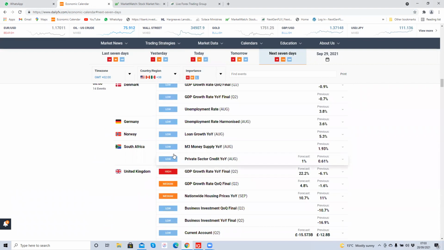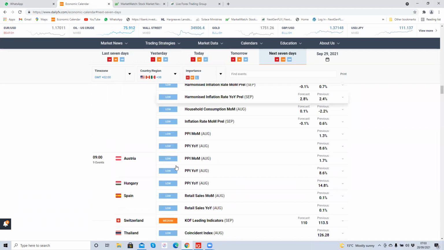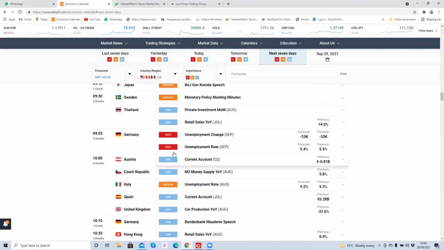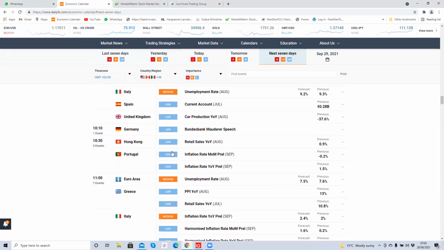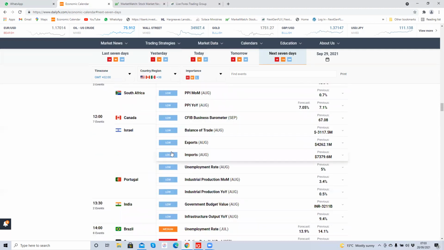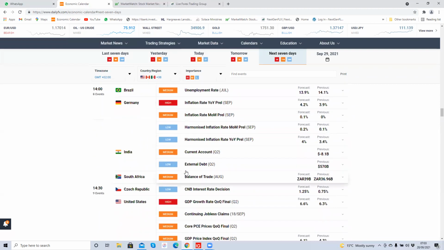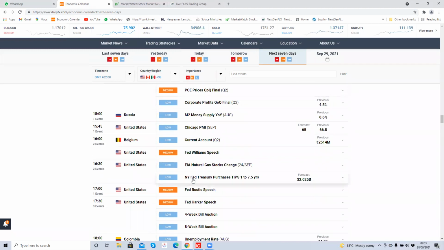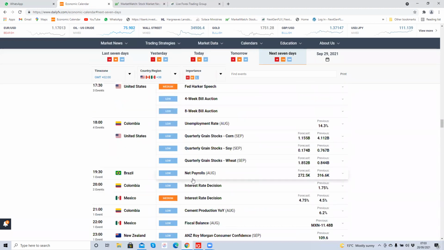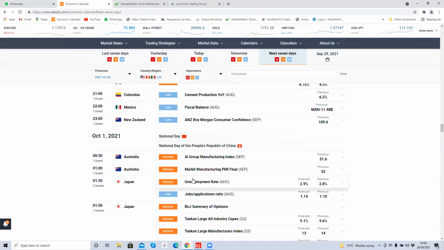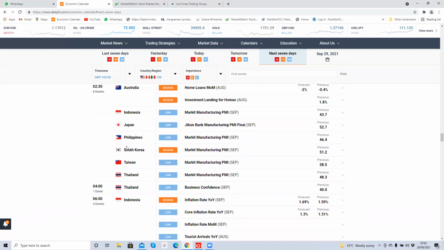We have the UK GDP growth rate report. So that's a report of high importance on Thursday. And the German unemployment rate. So again, that's another big report for the Euro USD, and the German inflation rate, and the US GDP report. So there are quite a few reports of high importance coming out on the Thursday, but none particularly that would affect us trading today. And then on Friday, the 1st of October, last day of the trading week,